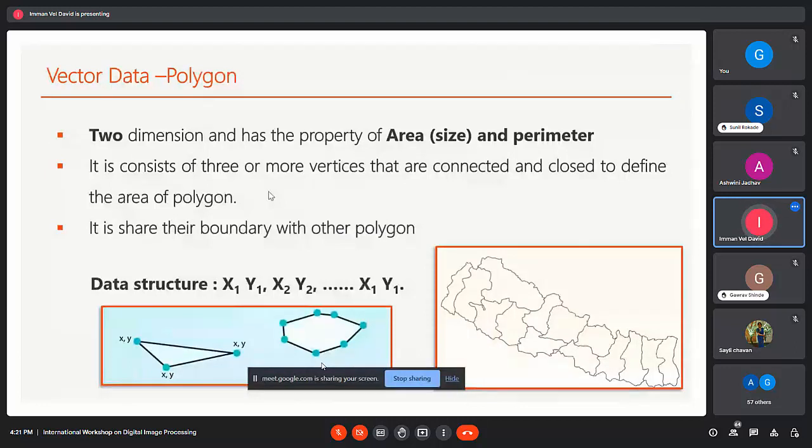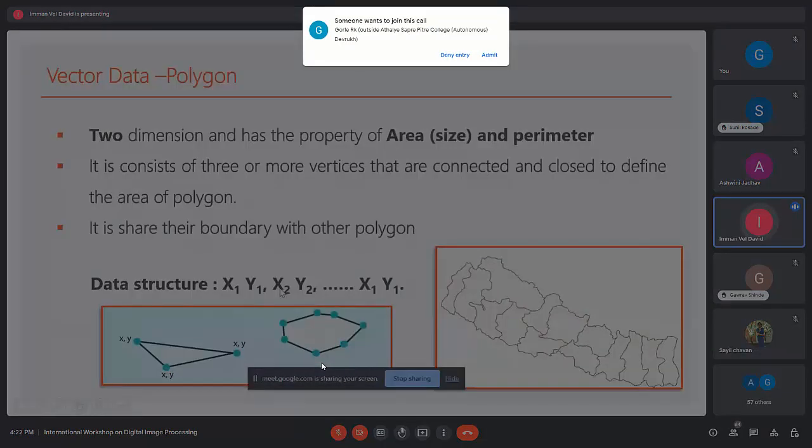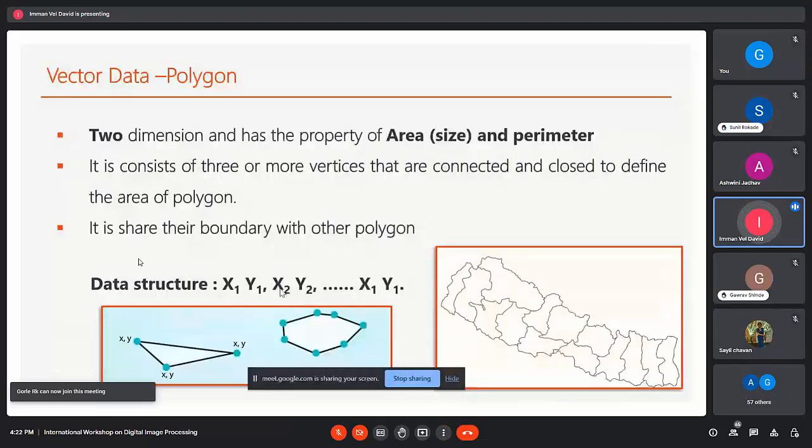There are a lot of special characteristics of the polygon, but given the limited time I just mention some points. In the data structure of the polygons, the starting point and ending point are at the same point. You can see the data structure: x1, y1 started digitizing, and each vertex continues as x2, y2 and x3, y3 and so on, ending at the same point, xn, yn.